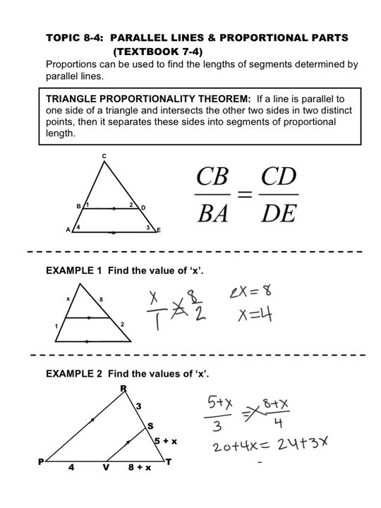I'm going to subtract the 3x on both sides. I get x. And then I'm going to subtract the 20 on both sides, and I would end up with